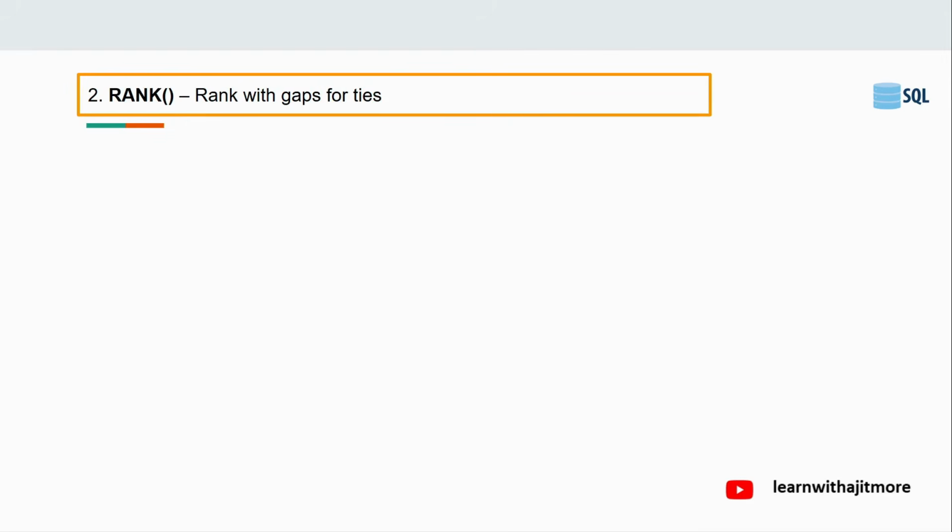next function, that is rank. So previously it was just assigning a row number. Now we are giving a number only, but that number is treated as a rank. Getting? Means if there are two rows with the same value, there is a tie between them. So they will share the rank. Understanding? Which happens in our